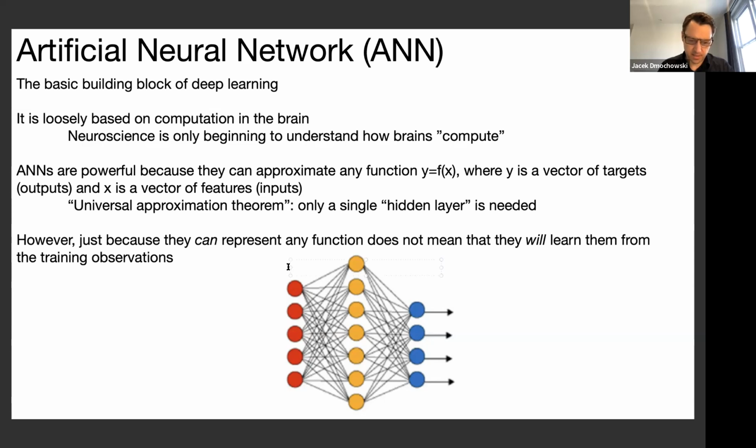This is X, and this is Y, and Y is a function of X. And then this will be H. So the idea is that Y is a function of H, which is itself a function of X. So you get this kind of composite